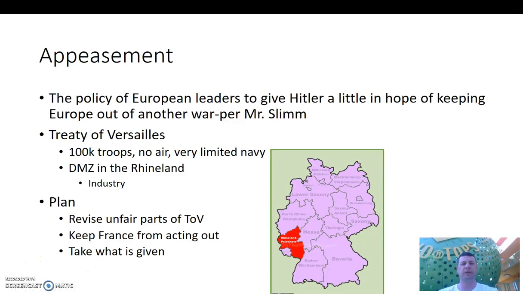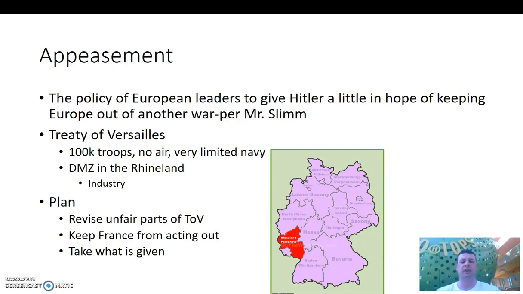So Hitler's plan is really going to take a look at a couple of things. He wants to domestically show the German people that he's strong enough and that the German people are proud, and give them something to blame. And in looking at the Treaty of Versailles, to be able to say that these parts are unfair and we need to change those. And so he presents it to the other European leaders as not a power grab, but instead simply looking at how can we change these things to bring Germany back to prominence.